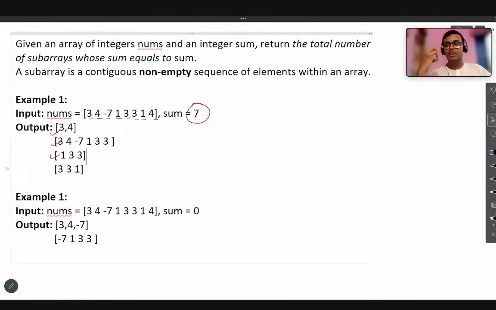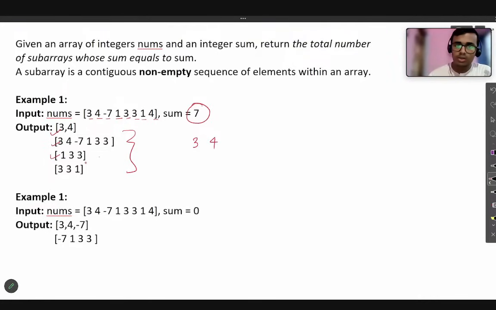But how is this coming? We have to analyze that, and only then are we able to solve this problem. Let's take this input: 3 4 minus 7 1 3 3 1 and 4. We have taken all the elements of the array nums. Here 3 4 is equal to 7, which is one subarray that is part of the whole array whose sum is 7.